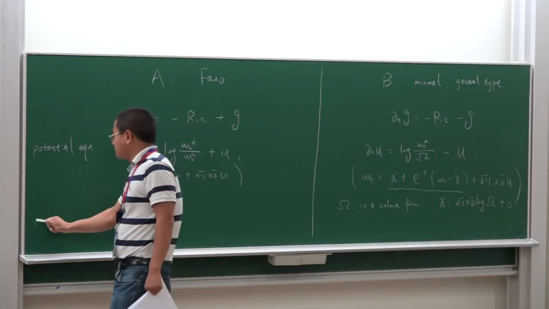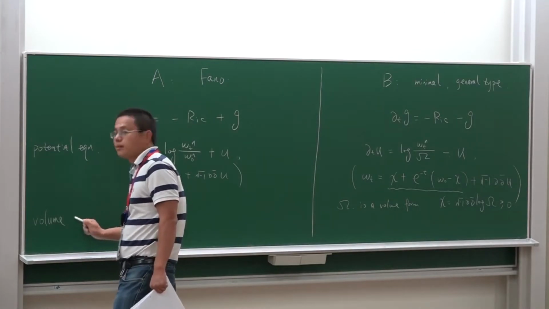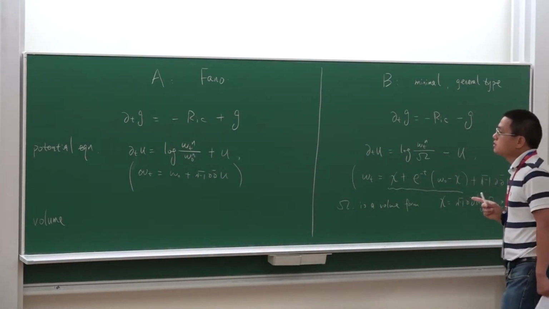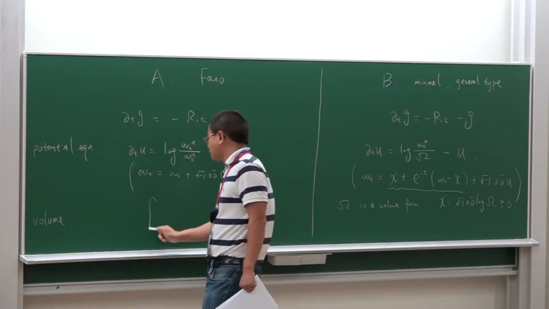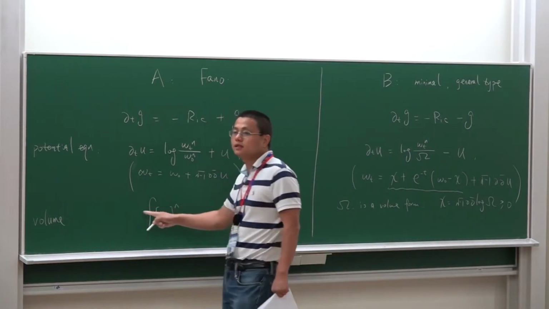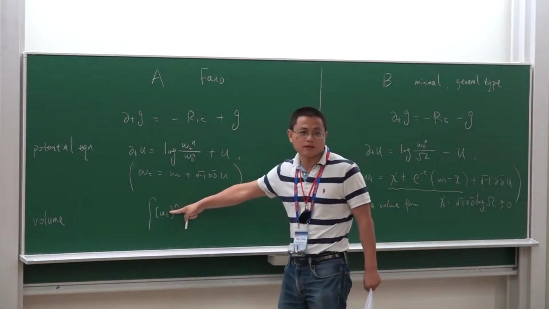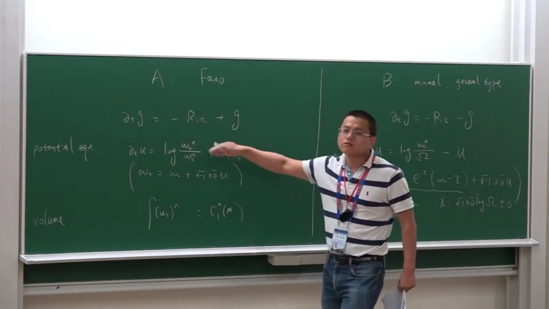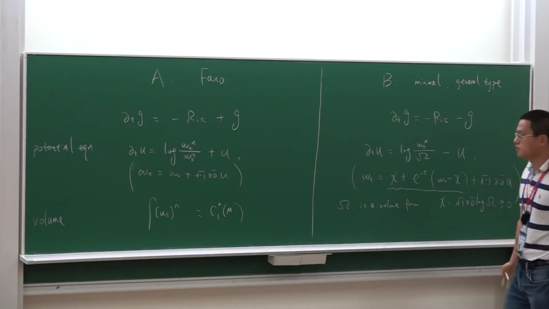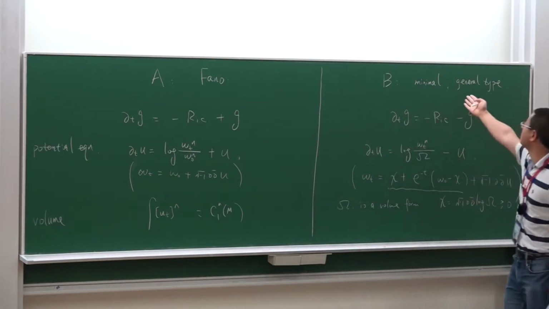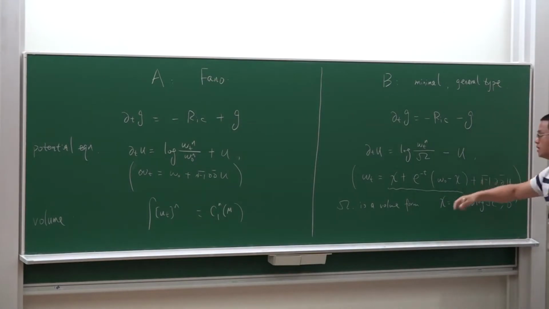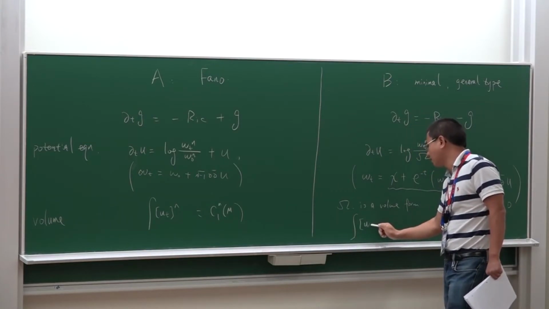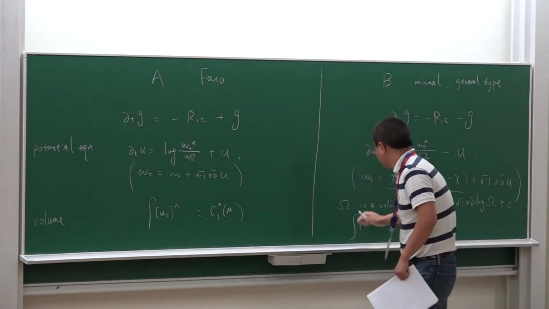Okay, so now let's list another basic property by comparing these two flows. I consider the volume, the global volume along the flow. So you know the volume is nothing but the integral of omega t to the power n. But in the final case, this omega t is always C1. So this is a constant. It is really a normalized Ricci flow. So the volume is a constant. And then you compare this minimal general type Ricci flow. This volume